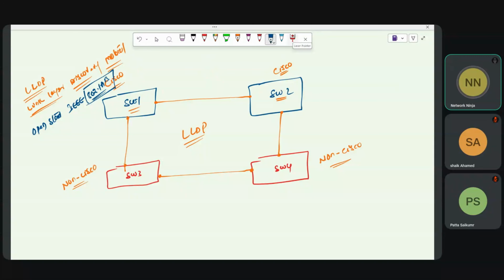CDP is only going to work in Cisco devices. But LLDP, as it is an open standard protocol, is going to work in Cisco and non-Cisco devices as well. LLDP is a neighbor discovery protocol used by devices for advertising information about themselves to other devices. So with the help of LLDP, this switch is going to advertise